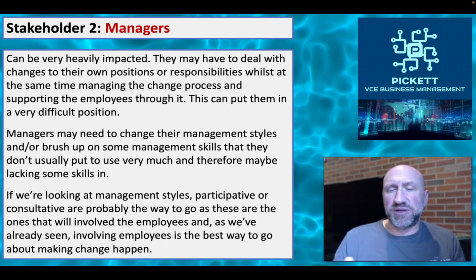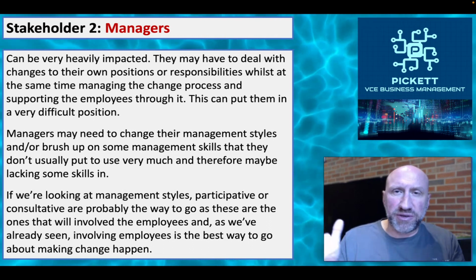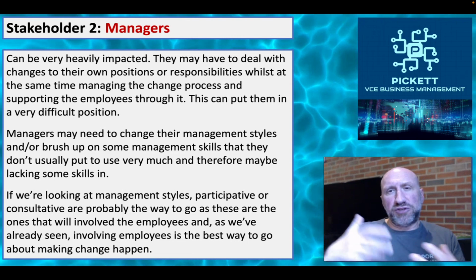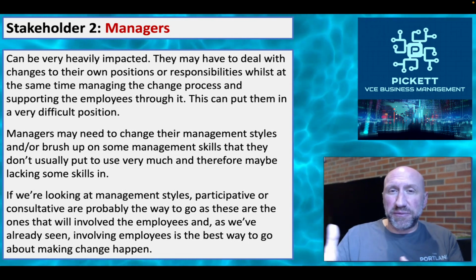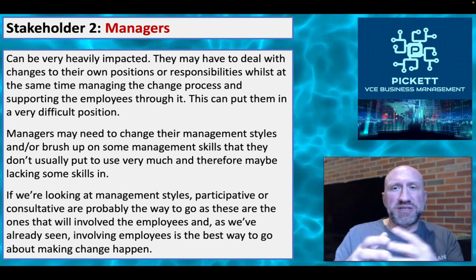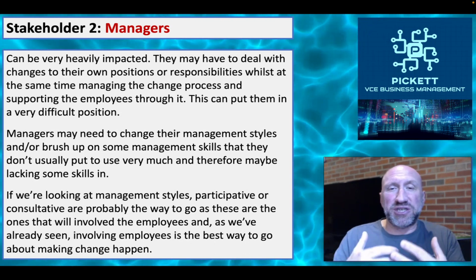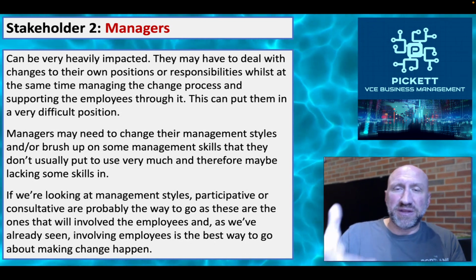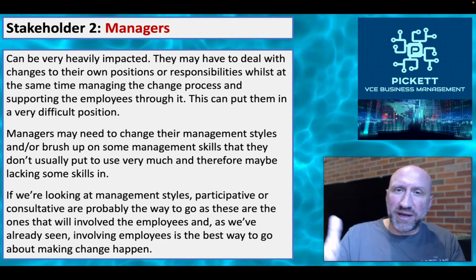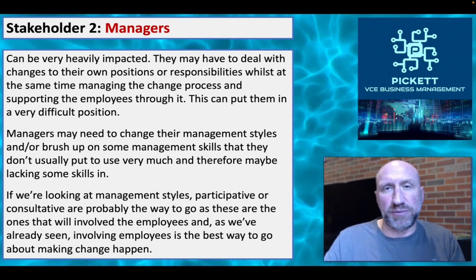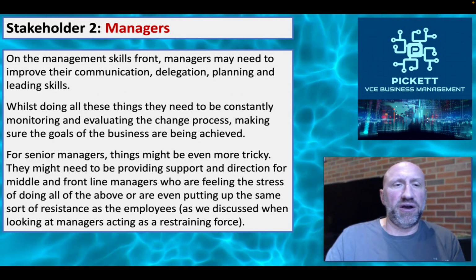And it's hard sometimes for the employees to see this, because the employees are all caught up in themselves and the impact on them. Well, change might also be impacting the managers just as much, but not only do the managers have to manage the stress and the changes to their own positions and to their own selves, they've got to also help the employees working underneath them through the change. So it's kind of like a double whammy sometimes for managers. It can be really, really hard.